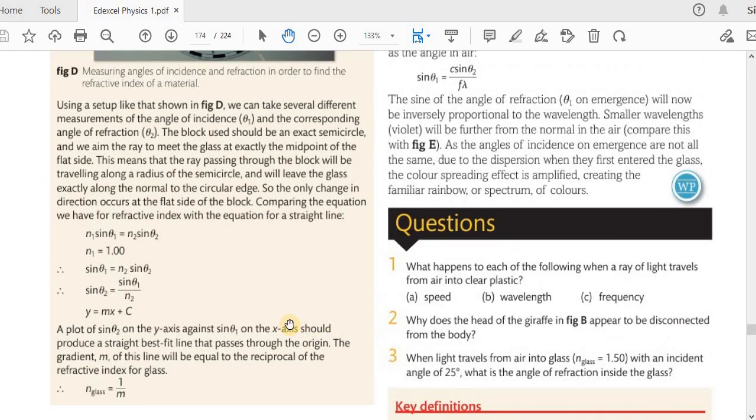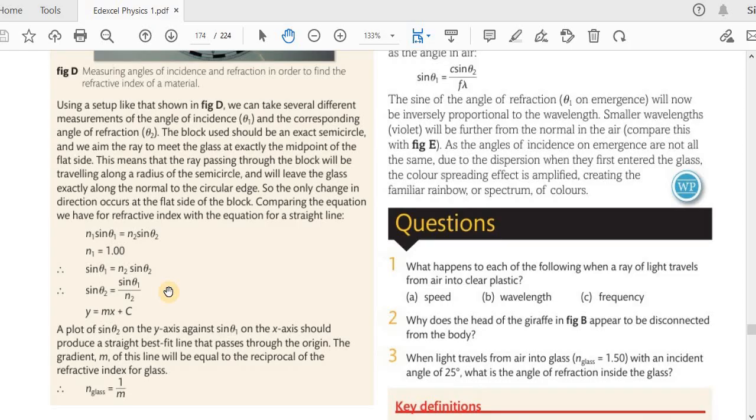Okay, so if we draw the graph for this, we plot sine theta 2 on the y-axis. This is your y-axis, then you can think of this as y equals mx plus c. m is what? 1 over n2. Then x is sine theta 1. Now remember,